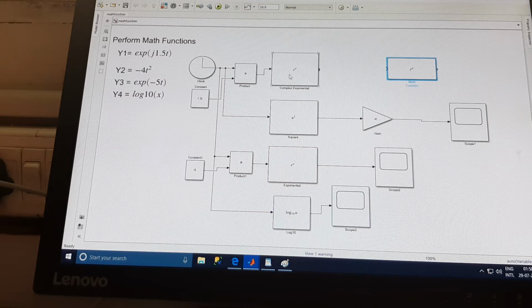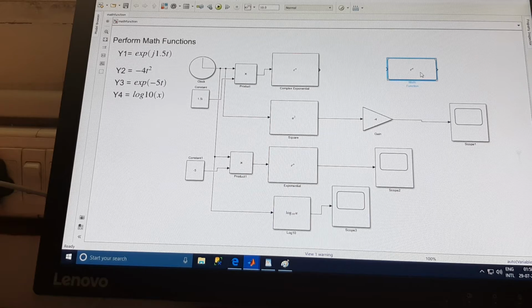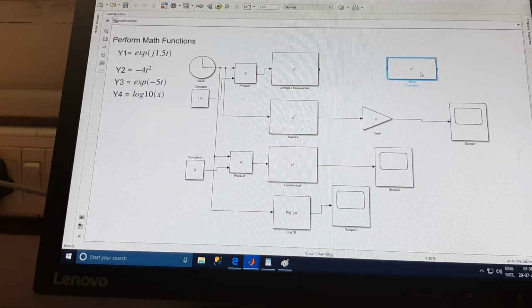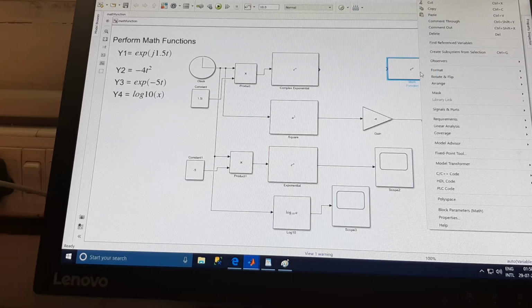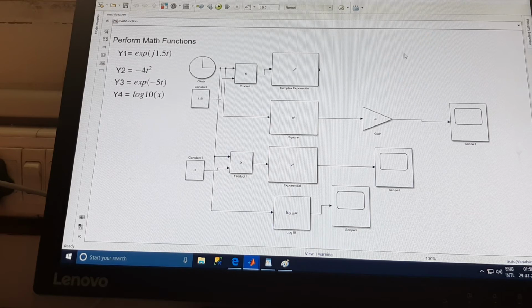So we can recognize it when the model icon is e raised to the power u in the middle of the block. It means that it is the math function. If we want to delete it, place the mouse cursor over the block, right click and then click delete. So the block gets deleted.